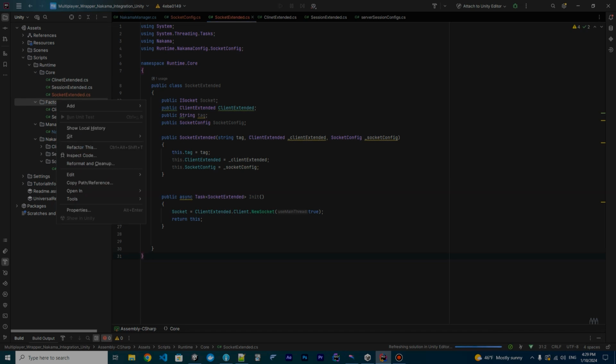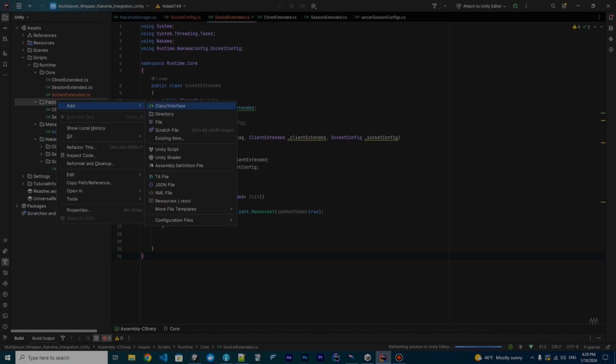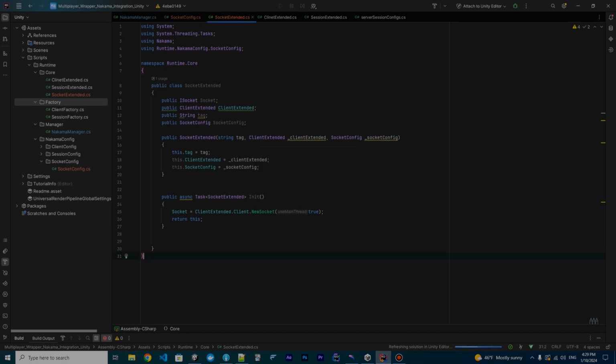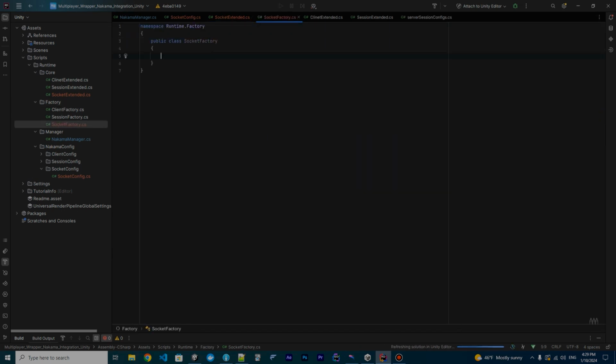So here in a Factory folder, we need to create a class and call it SocketFactory. We're going to create a SocketFactory class here. It functions as a control hub overseeing the initialization and effective handling of the sockets with the system, ensuring their seamless creation and sustainability. So to start here, we want the list to keep track of every SocketExtended we